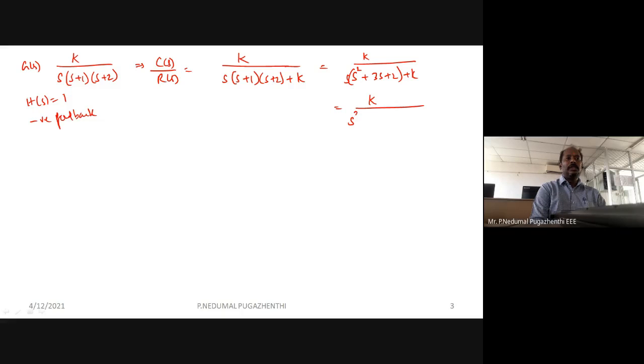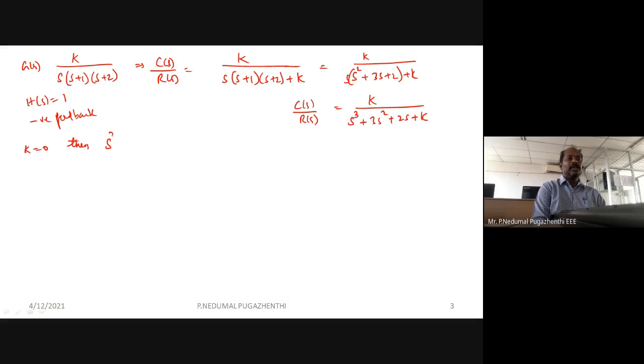I can substitute that it is s. If you multiply s inside, s cube plus 3s squared plus 2s plus k. So this is my final C of s by R of s. Okay. Now at this stage, if you put k equal to 0, then